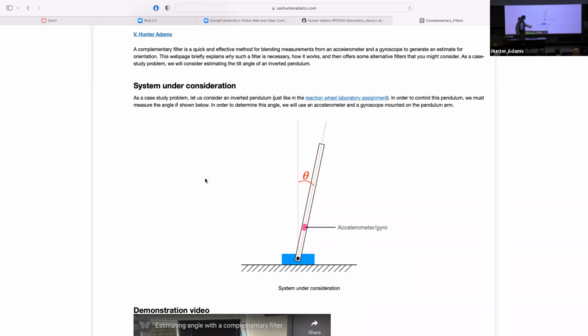This is a schematic picture of what your pendulum arm looks like. So here's the arm. There would be a wheel up here, and we have the accelerometer and gyro rigidly attached to the arm so that as this tilts and turns, we're using the accelerometer to measure the direction to the center of the Earth. It's measuring gravity.